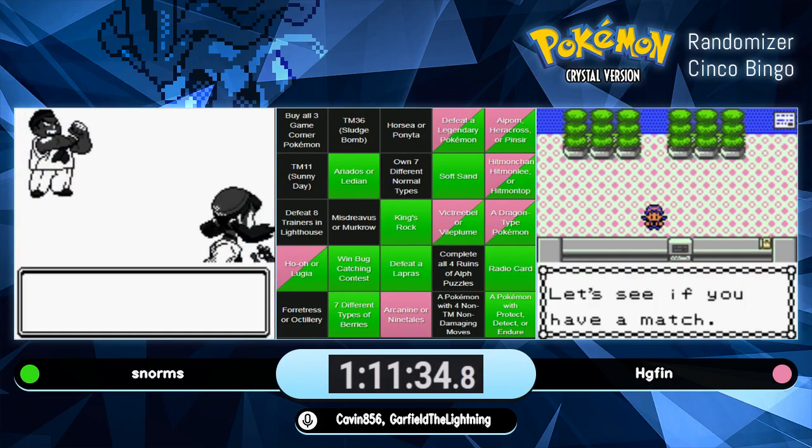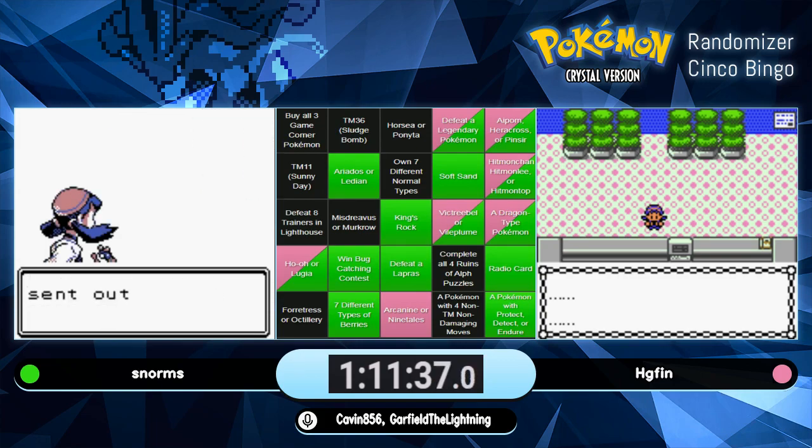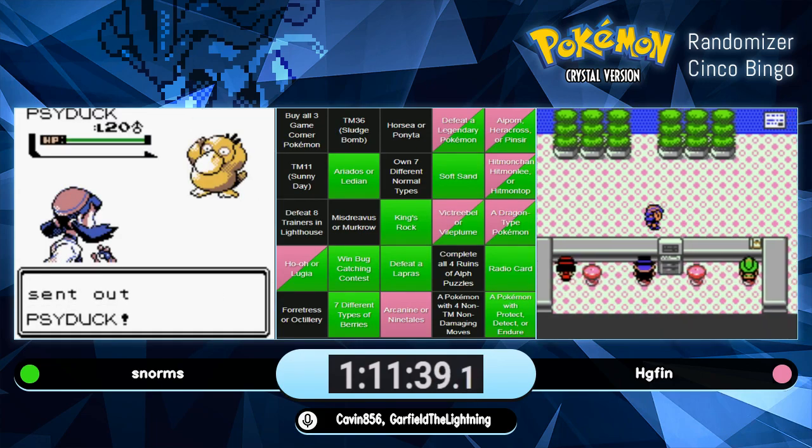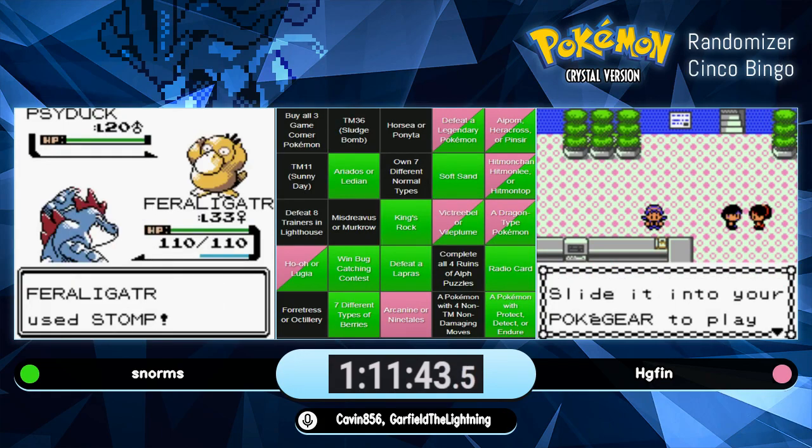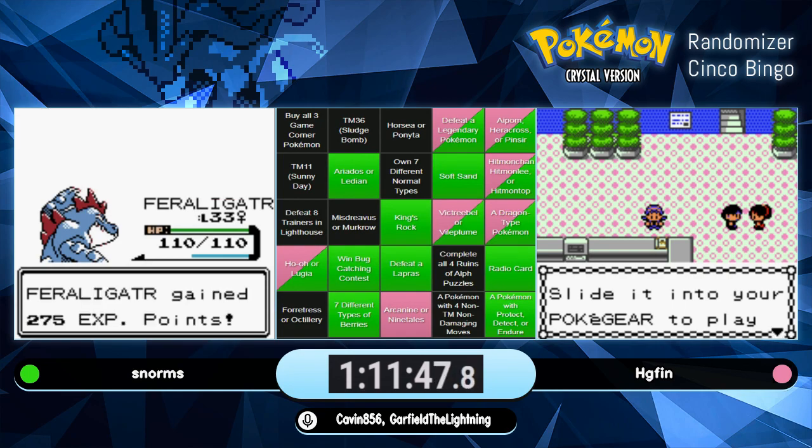Oh no, Hgfin is just picking up the radio card now. Well, I suppose at this point Snorms is pretty committed to his path, so I doubt he'll be interested in trying to metagame Arcanine Ninetales anyway, so...